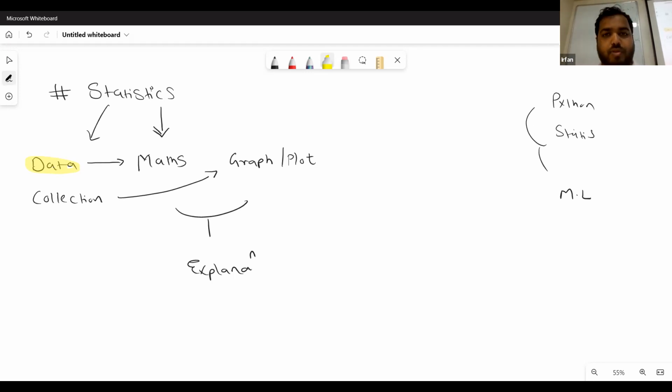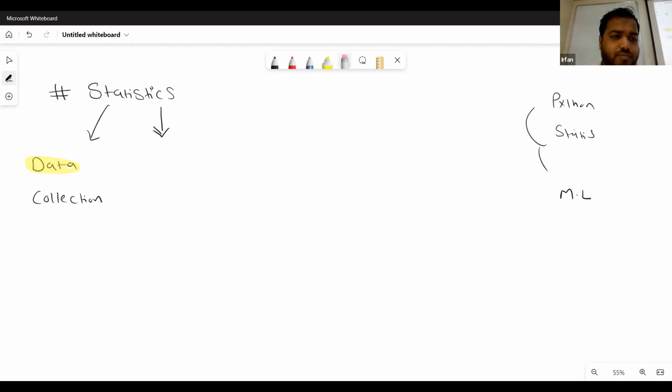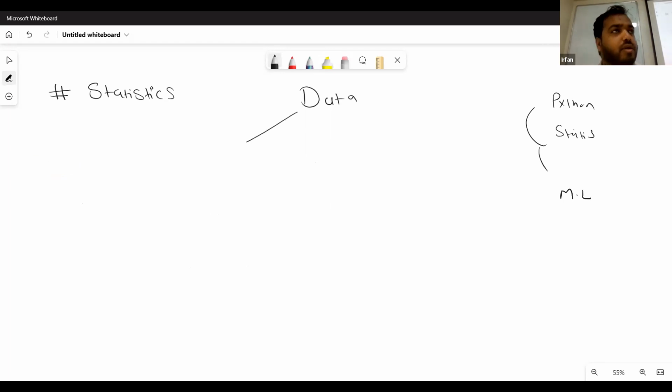Agree? Any other sources of getting data, guys? Any other format in which we can get data? We get data in numbers. We get data in categories like male, female, married, unmarried. Another way,